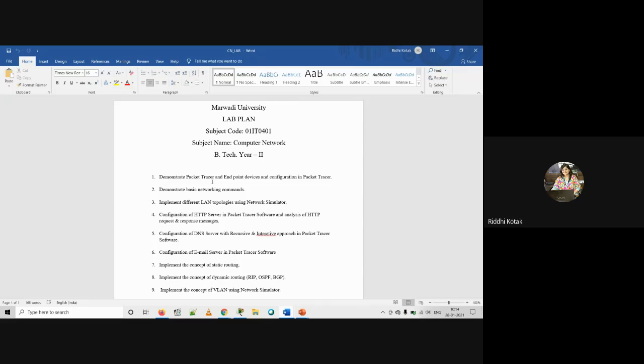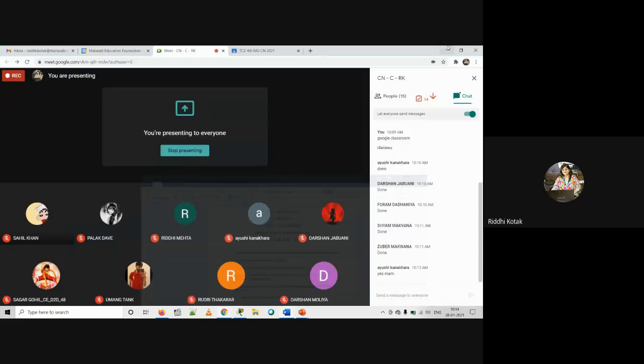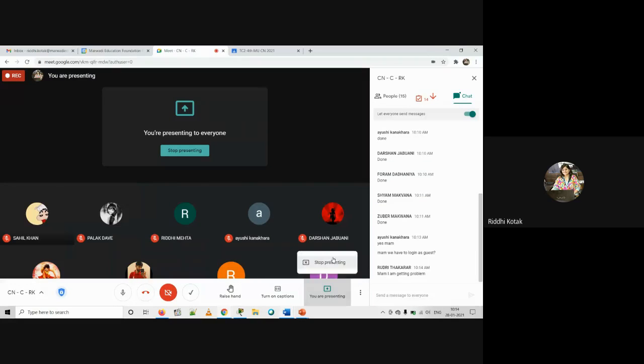So, what all of you have to add in this practical, step by step? A short introduction about Cisco Packet Tracer, then you have to list out the devices, give a description of the devices, and you can add a screenshot according to your convenience, right? So this is how you have to maintain your practical list. Just a second.